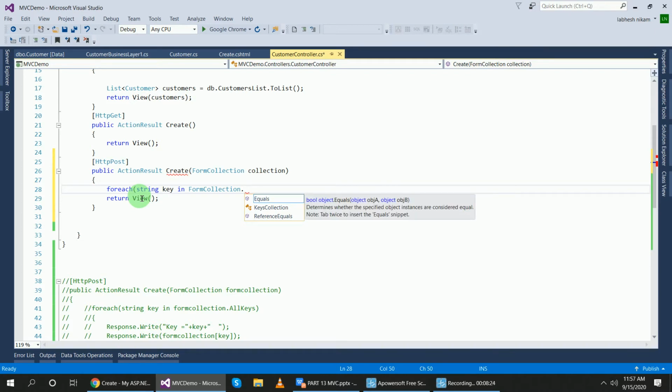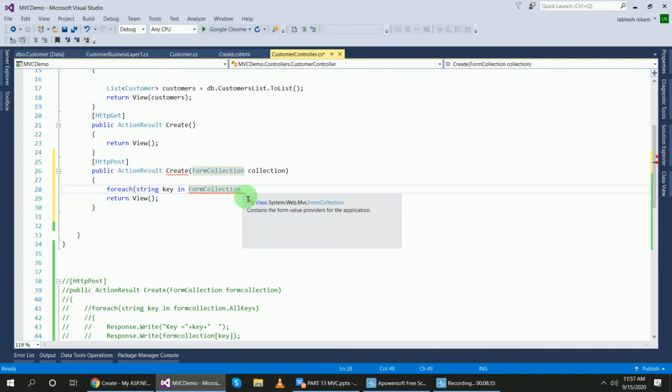String key in form collection, dot all keys. So, string key in form collection object using object collection dot all keys, okay, and then